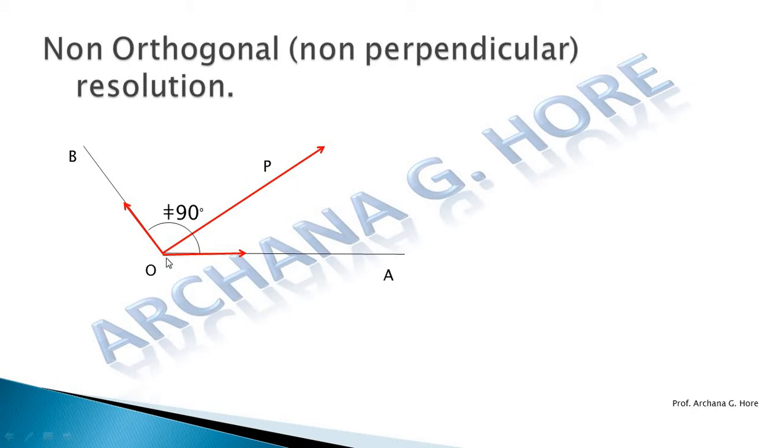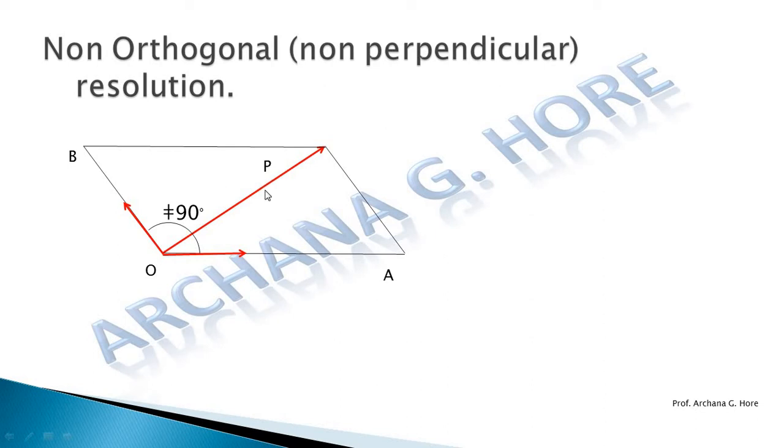We want to construct a parallelogram by keeping this original force as a diagonal, and these are the two adjacent sides of the parallelogram. The components we have to find out should be the adjacent sides of the parallelogram, and P, the original force, as a diagonal. In this way we have to construct that parallelogram. Now draw a parallel line to OA along this side and to OB on this side. So we'll get the parallelogram like this.